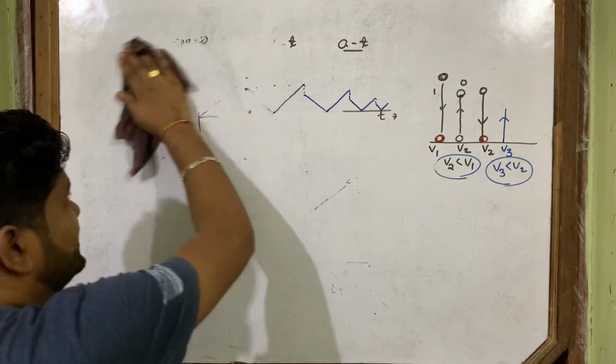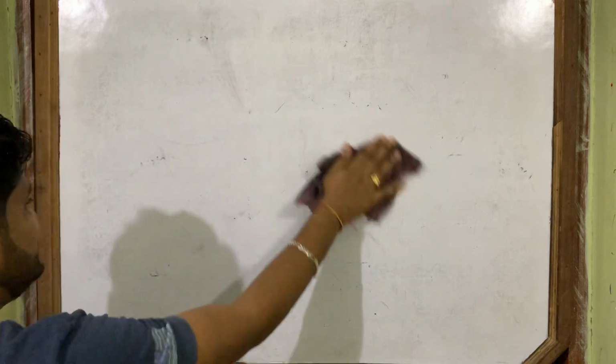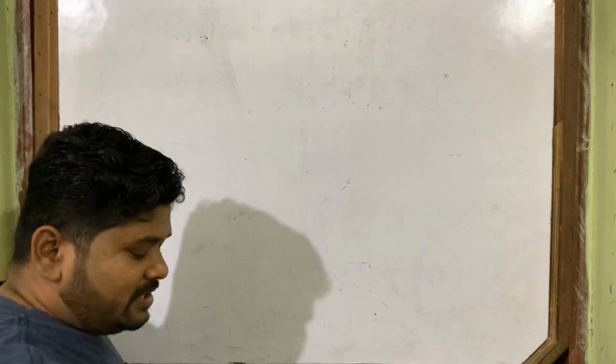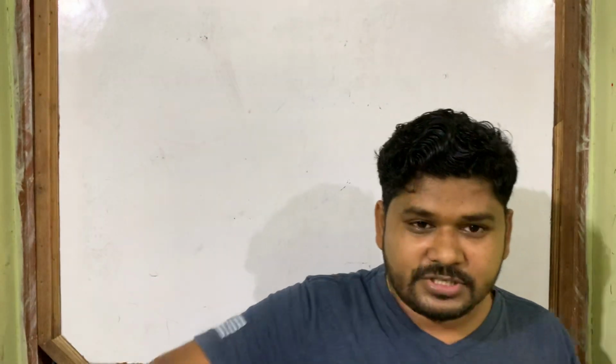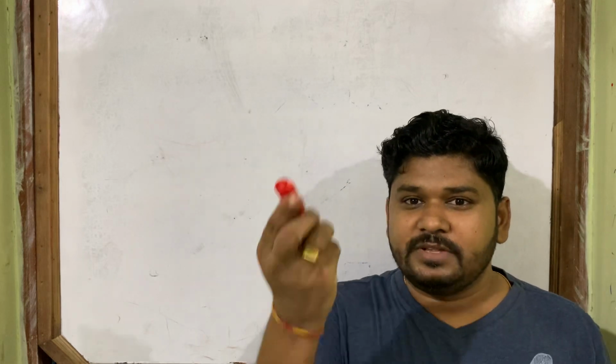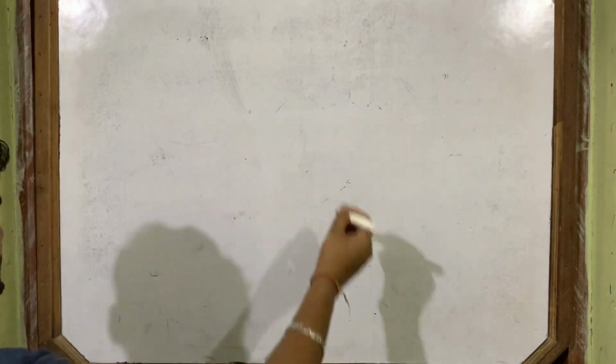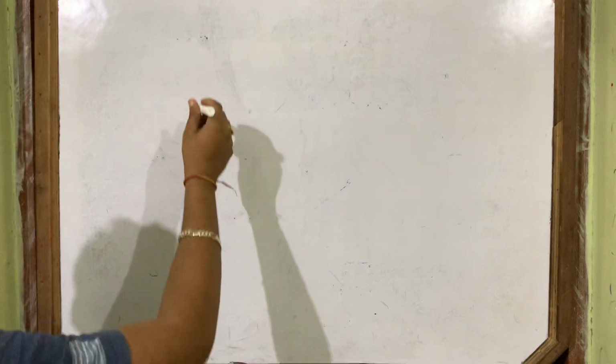Now we'll do the next question. Next question is like this. So we saw the situation of a drop. Now we'll throw something in the upward direction. I'll throw a body in the upward direction. When you throw something in upward direction, it has a different type of graphs. So now let's see.